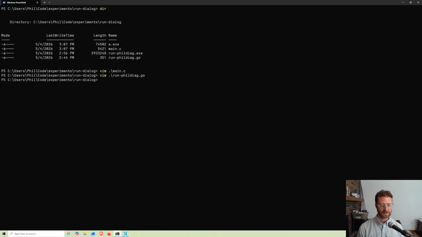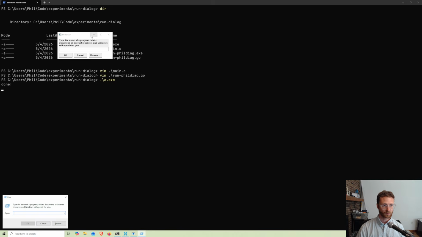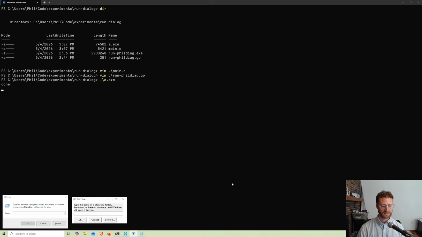I've already compiled these programs. So let's go and run the fill dialog. Or in fact, I can just run this a.exe first, right? So you can see this is what the exe looks like. It looks a lot like the run dialog down here. It's just slightly different. I didn't pay attention to making this very aesthetic, but it has all of the major